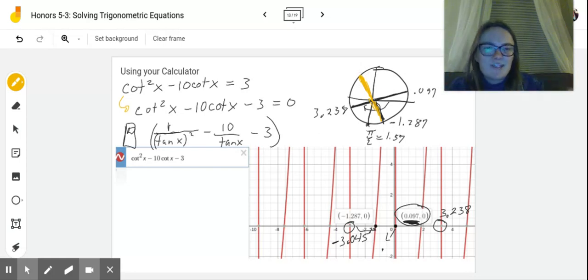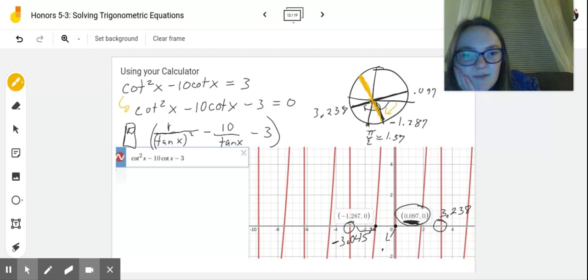In fact, we're going to use vertical angles here. So to find this angle here, if I go down 1.287 radians, to get to this angle I need to go almost to pi. And the amount that I'm short is this angle,